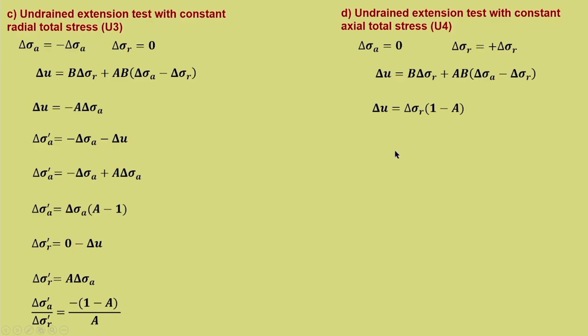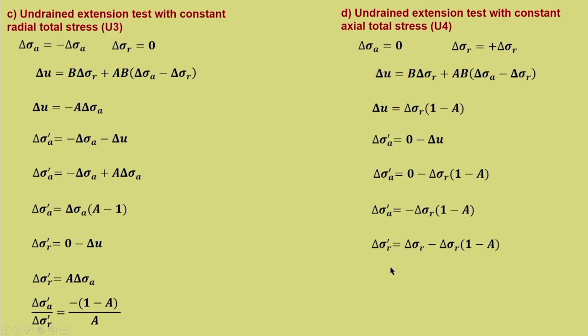Substituting now, the same procedure, delta u is equal to delta sigma r into 1 minus a. Delta sigma A dash we can find out, that is 0 minus delta sigma r into 1 minus a. So, delta sigma A dash is equal to minus delta sigma r into 1 minus a. Delta sigma r dash is equal to delta sigma r minus delta sigma r into 1 minus a, and that will give delta sigma r dash is equal to a delta sigma r. So, delta sigma A dash upon delta sigma r dash is equal to minus 1 minus a by a,